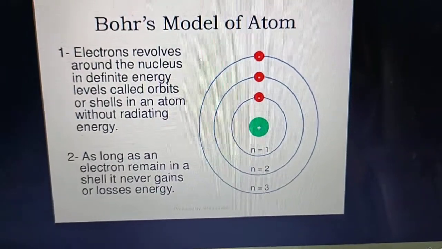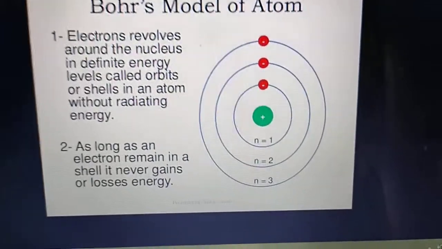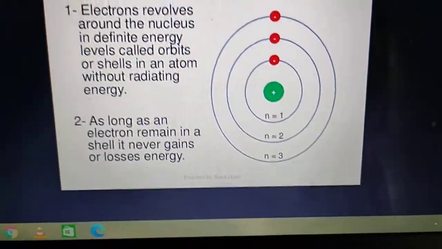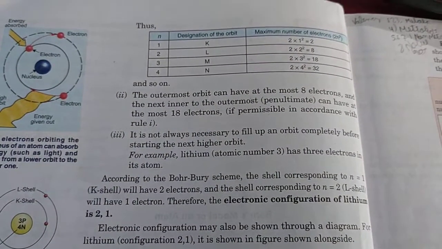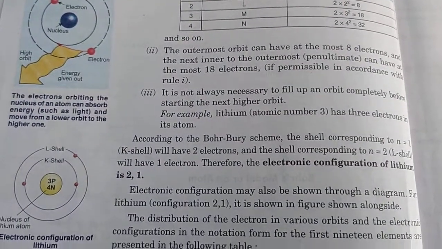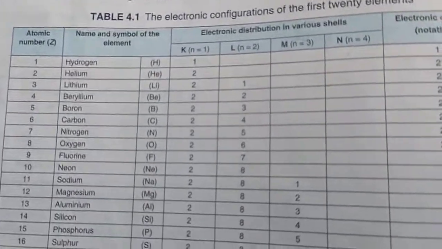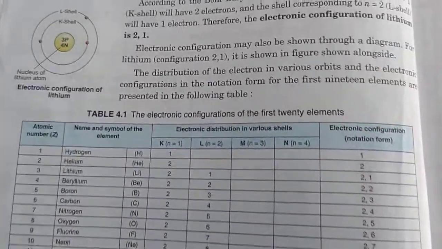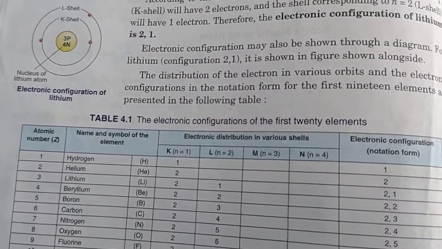Like that you find out how many electrons in the L shell: 2 into 2 squared, that is 8. For the M shell, 2 into 3 squared, that is 18, like that. Now following this rule, you know how many electrons can be accommodated by a particular shell. You can write the electronic configuration of the elements, up to 20 you should remember. Just learn that. And please revise chapters 3 and 4, which are the portion of your second internal assessment test. Thank you.